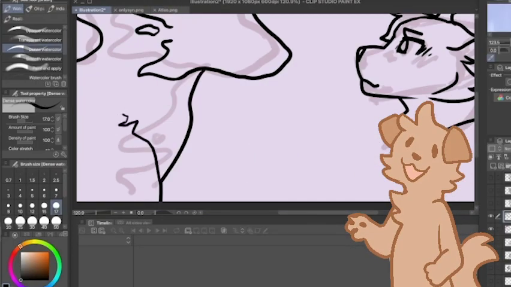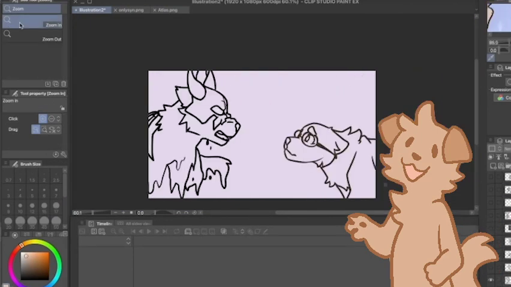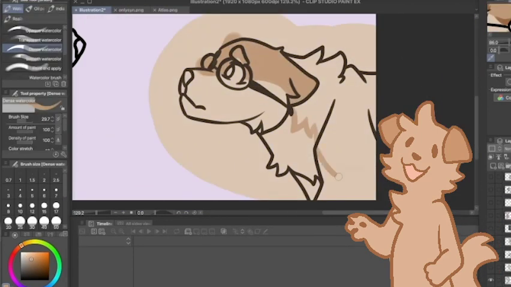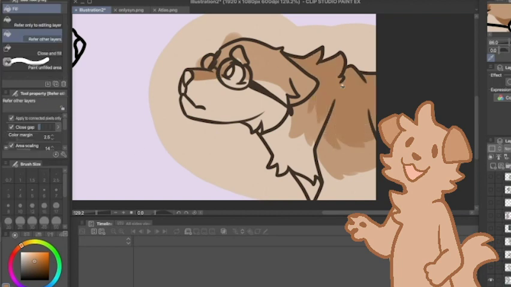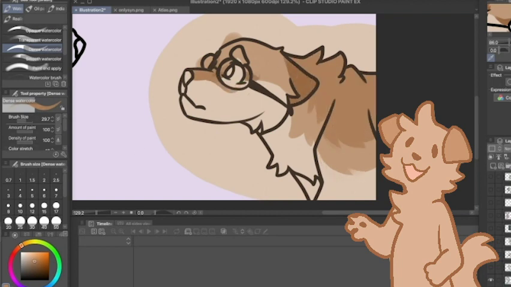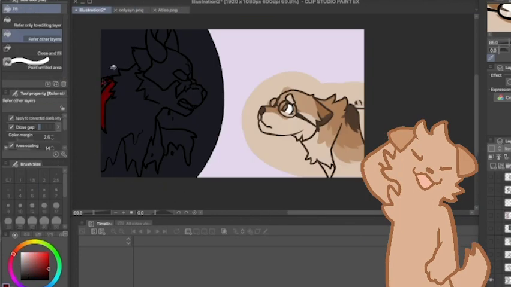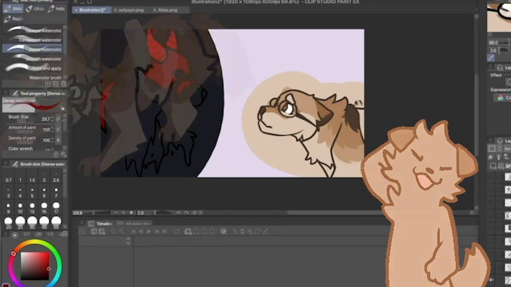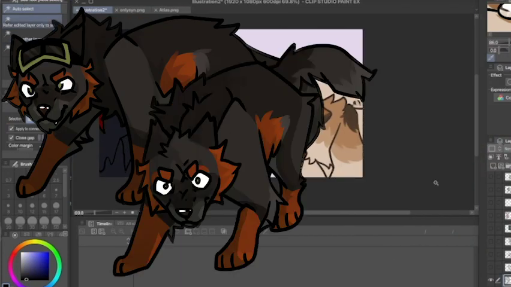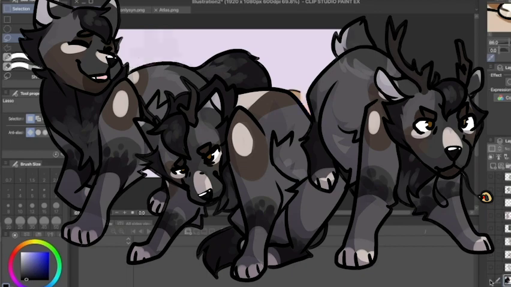To save myself time, I did all of the drawings for this meme in the same file and then saved them individually. It worked for me to sketch all of the shots first, then go through and do the line art for them all at the same time. And then I went through and colored each character. So first I colored all of the shots with Eloise, and then all of the shots with Yora, and then all of the shots with Willow, etc.